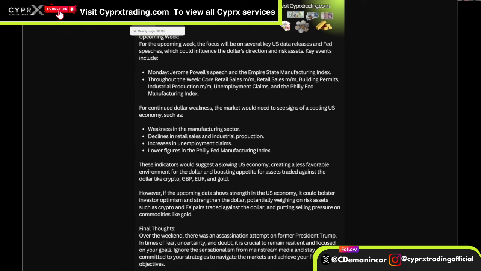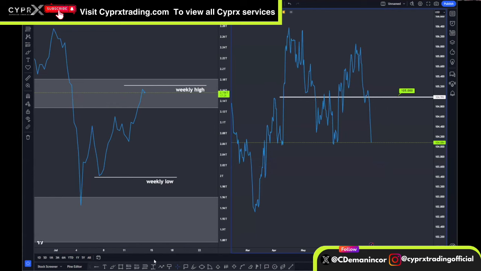And then we also need to see continued cooling in all of these US data reports throughout the entirety of the week. If we can get that type of environment, then most likely the dollar, give or take some liquidity grabs and slight retracements into premium ranges, will to a certain degree continue this market downturn. If we see a break below the key psychological level of where the dollar sits now, at the 104,